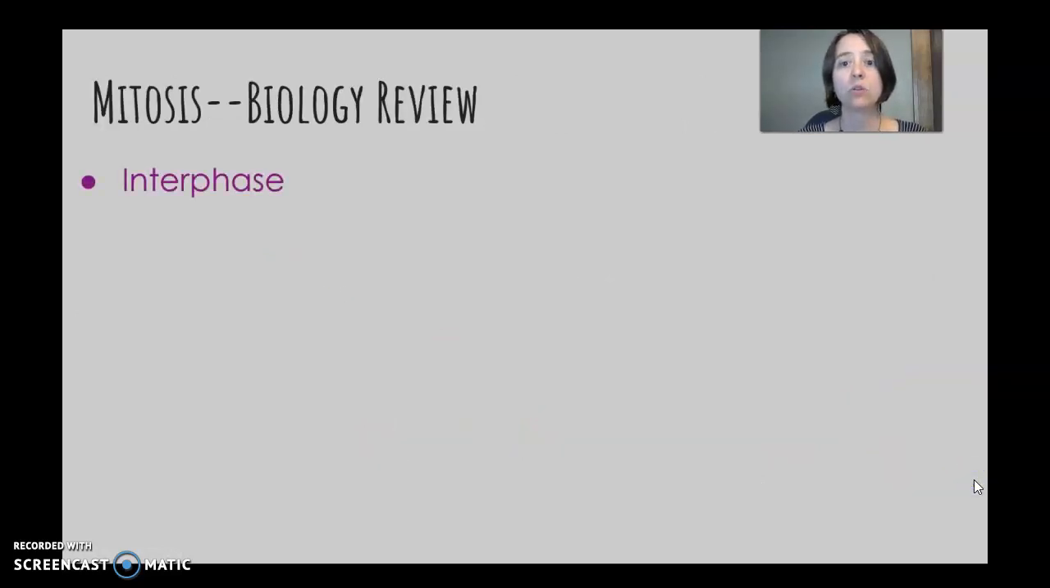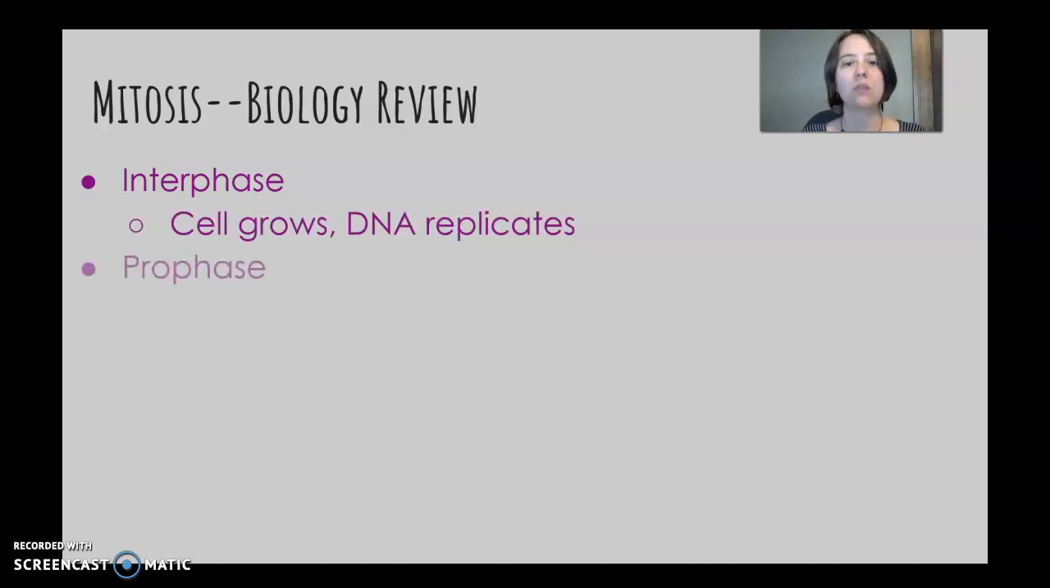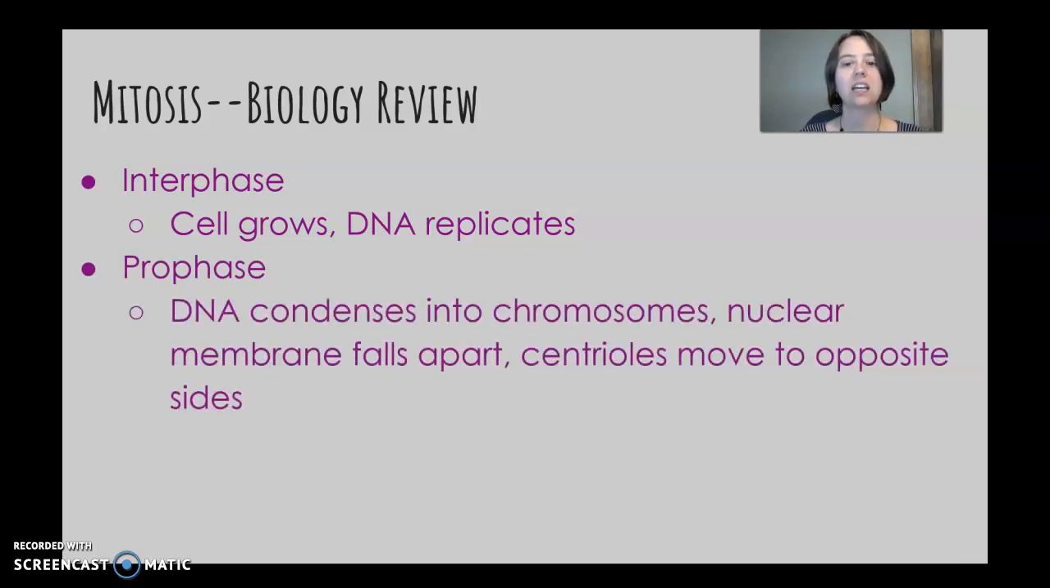Okay, the phases of mitosis. If you remember what these are, great, you don't have to write them down. If you have never heard of this before, you should probably write it down. Interphase. During interphase, a cell grows and DNA replicates. Next phase is prophase. The DNA condenses into chromosomes, the nuclear membrane falls apart, the centrioles move to opposite sides